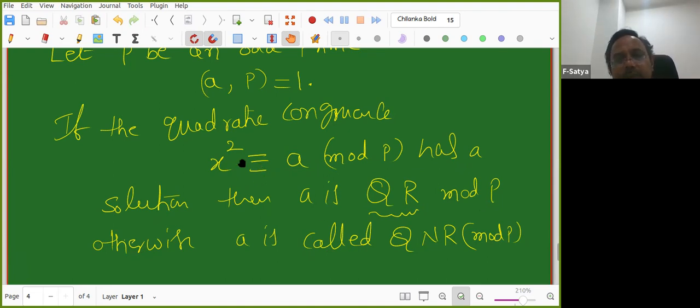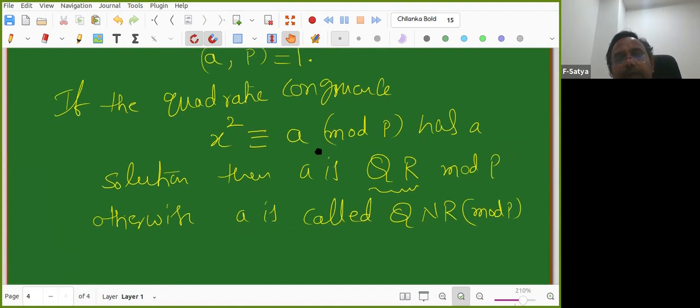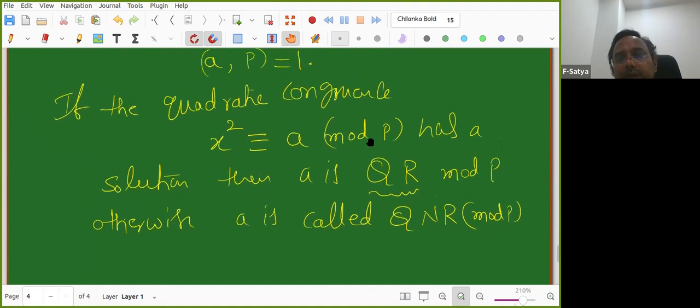It is like a square root, right? So does the square root of a exist or not? Square roots play an important role. If you take real numbers, -1 does not have a square root. All negative real numbers do not have a square root, right? So in fields also we are facing problems. So we came to now Z_p, modulo p.